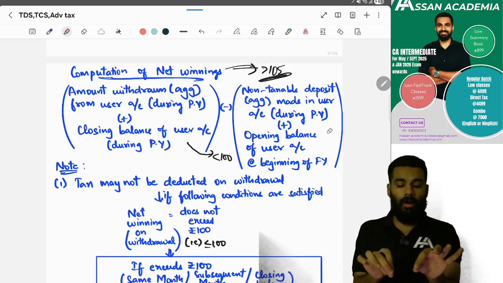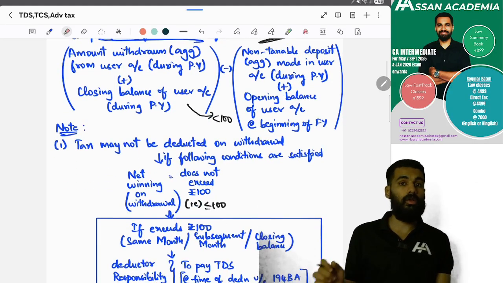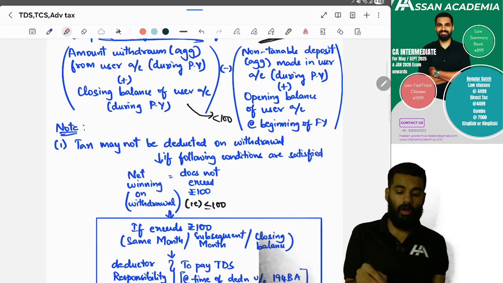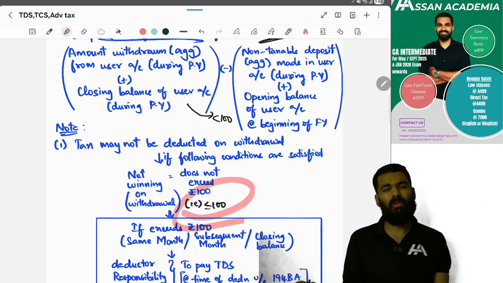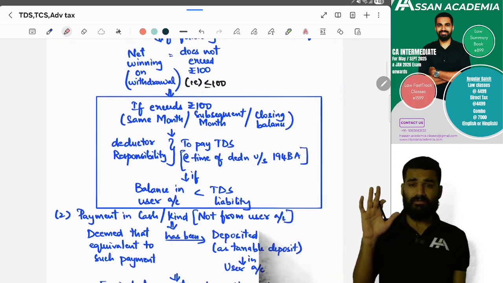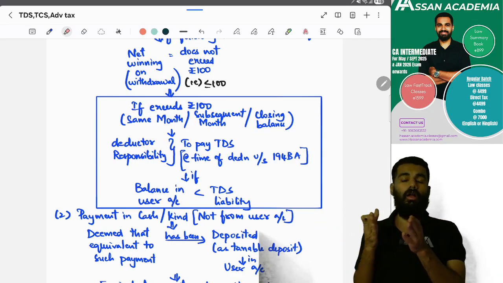The amount is coming from this 30%, from which you will deduct. But if the net winning on the withdrawal is up to 100 rupees, then you don't have to deduct TDS. Yes or no? Yes. So if it is more than 100 rupees,